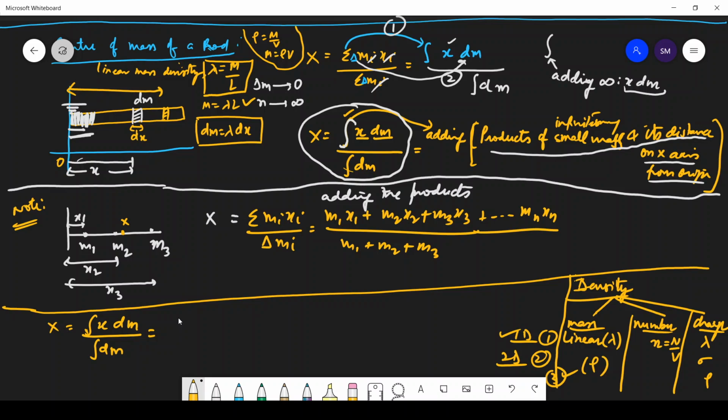Yes, sir. Okay, now it shows the confidence. Good. So now you are going to replace this. This is what you need to do in all the questions. So x into dm is equal to lambda dx. And divided by this, this is the total mass, right? And this equals to,